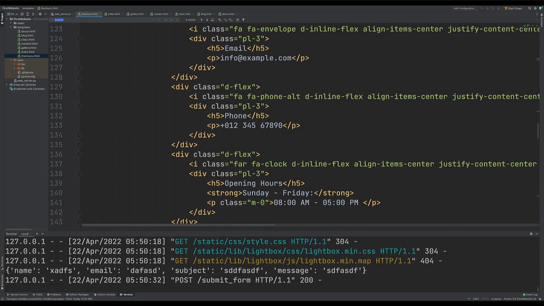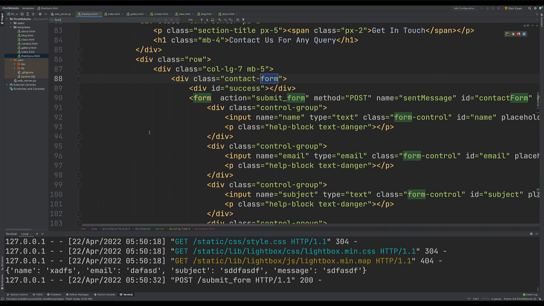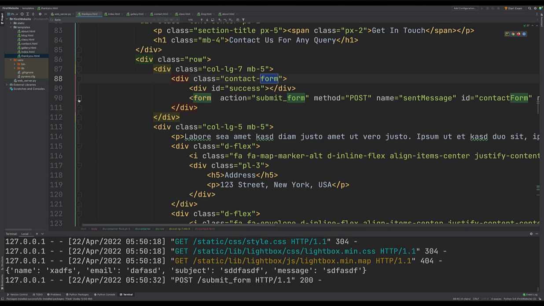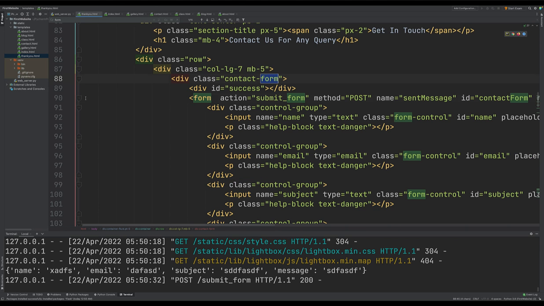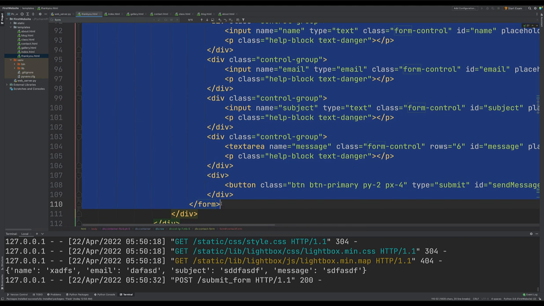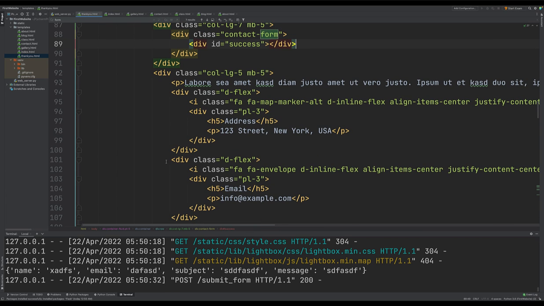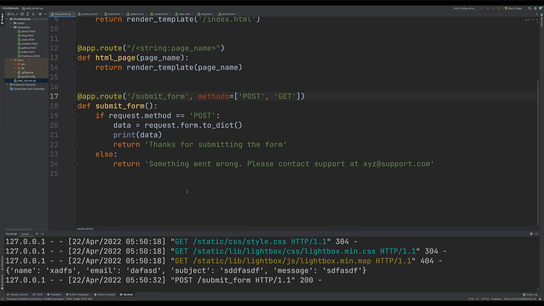So let's search for form. Okay, so now this is the form, so we can see where exactly this is. Okay, so this one we can just remove this whole section here and now save this, and what we can do is go back to our Python file, and then in order